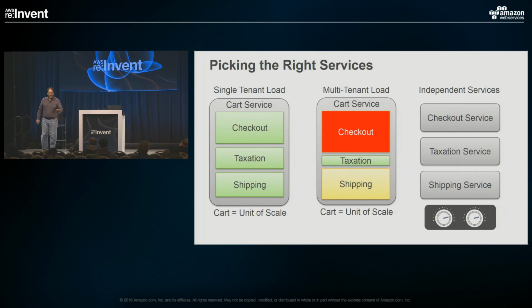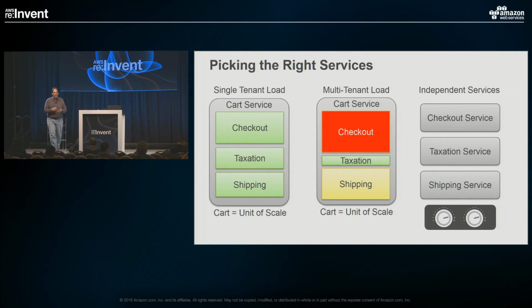And for me, that question is complicated in a multi-tenant environment. In a single-tenant environment, I have this cart service, and within it, I have this notion of checkout and taxation and shipping. And in that single-tenant environment, if you told me, what are the scaling policies for this particular service, I could probably come up with a set of scaling policies that probably worked here, because I have a good sense of, even though there's 3 concepts sort of aggregated into one there, I could probably predict how they need